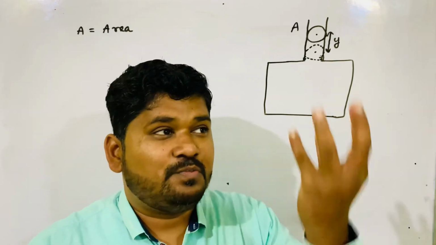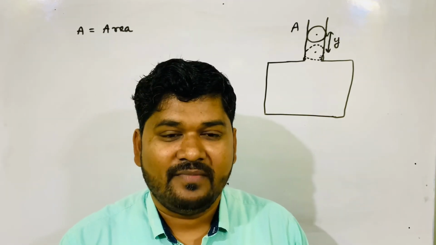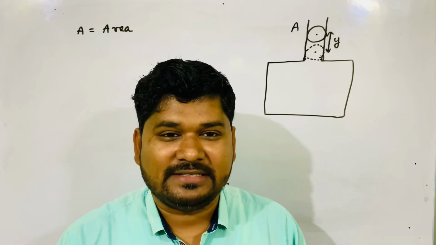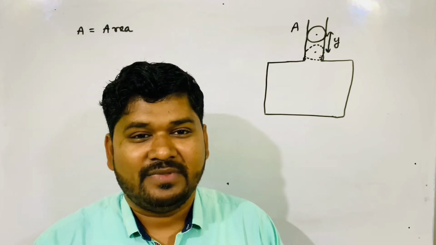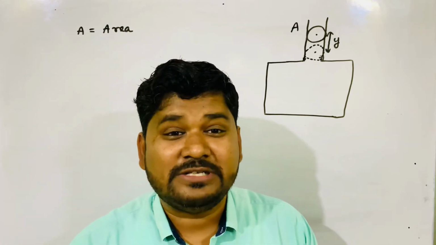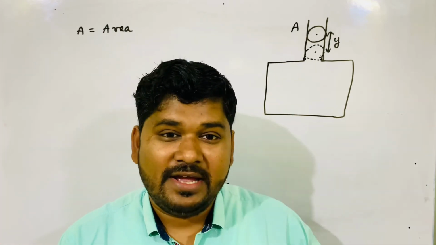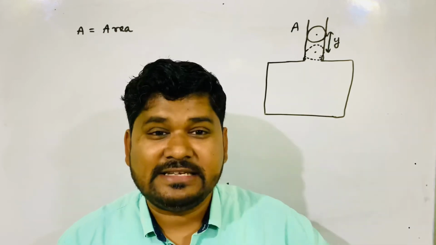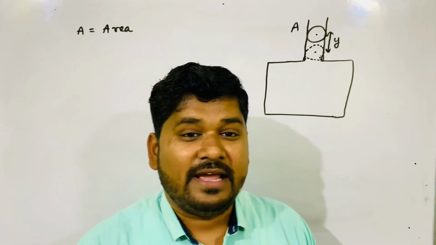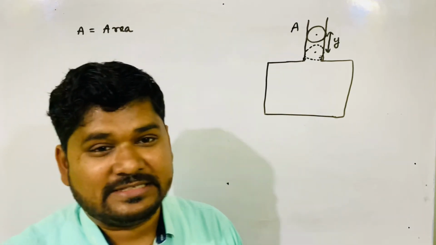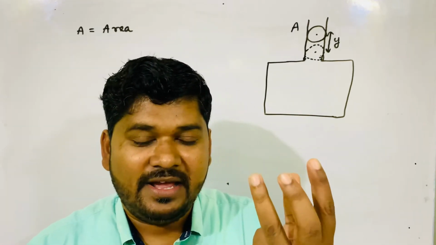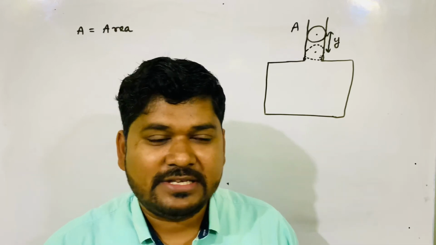So it will now push the ball in the upward direction. When it goes up, it returns back due to its weight to that position. So again it executes SHM at the neck of the airtight chamber. When it goes up, it again comes down. So it executes SHM there.